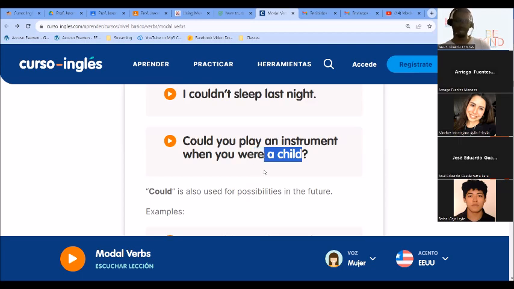Good. Yes. Could is also used for possibilities like we saw with can, but more for possibilities in the